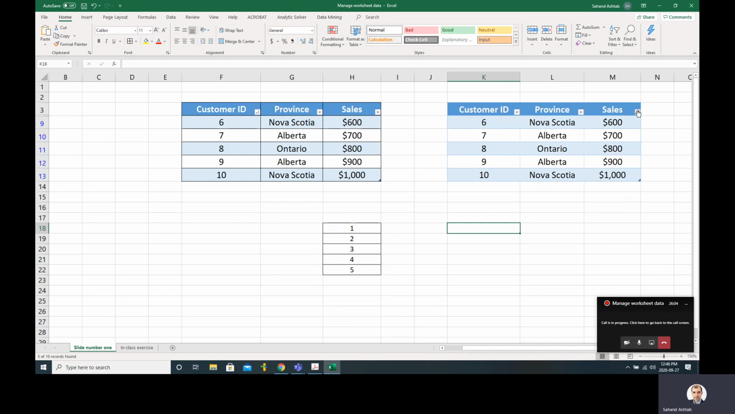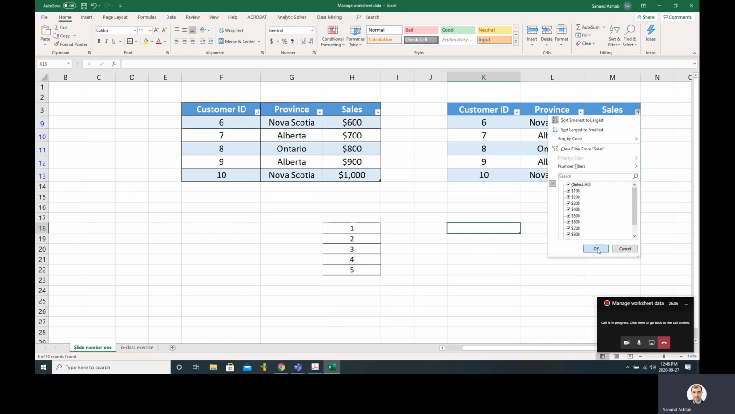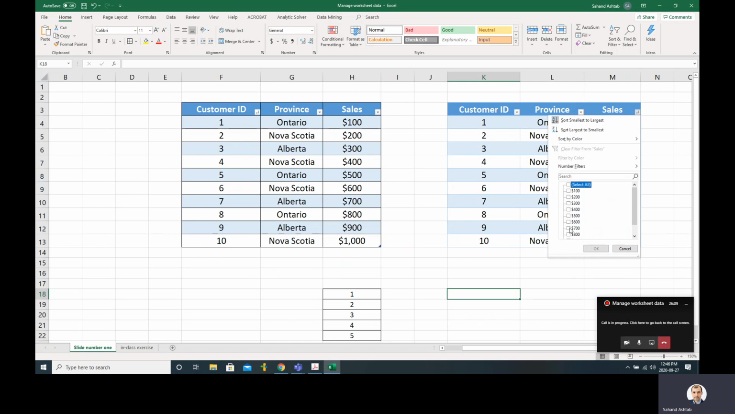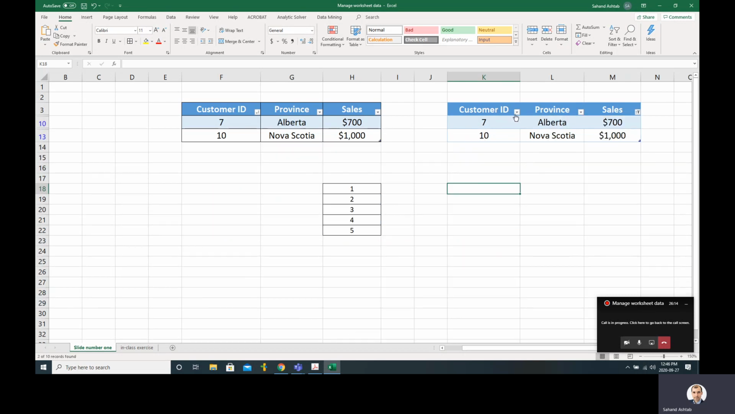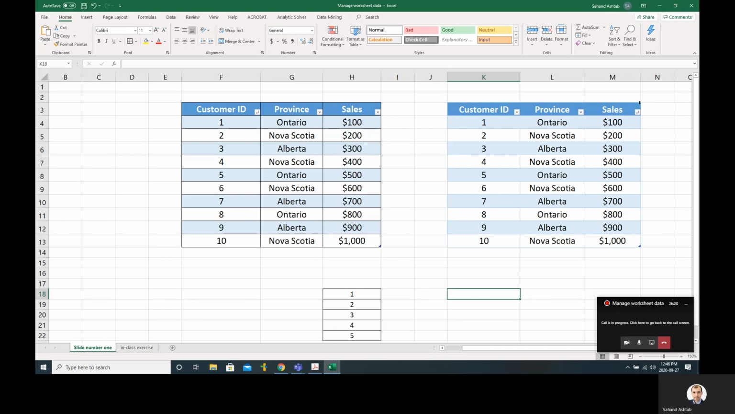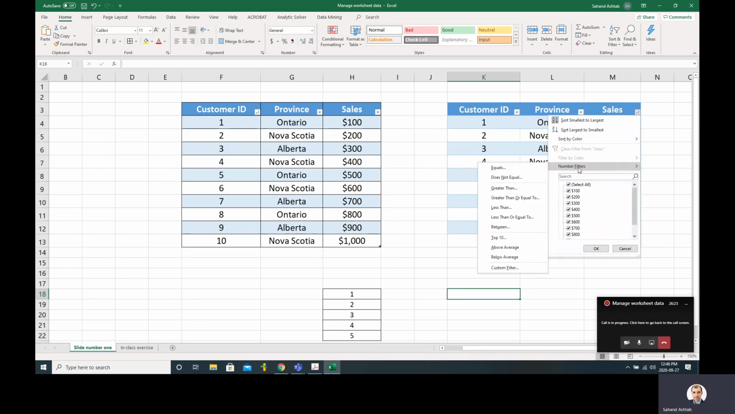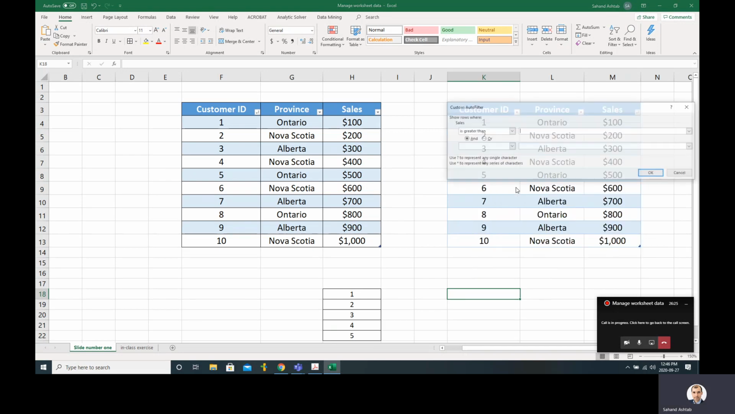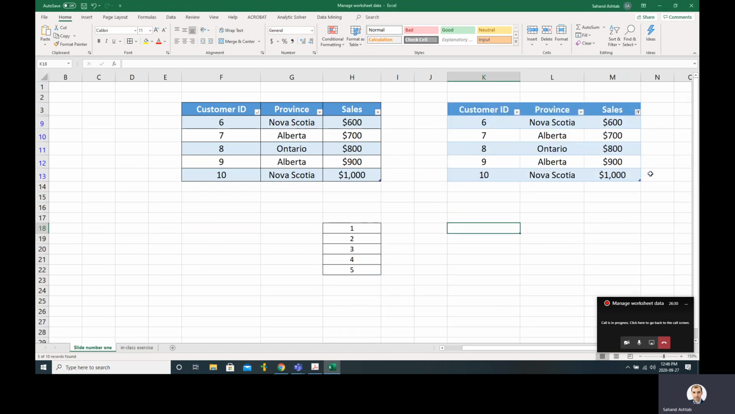If it's a smaller table, maybe you're only interested in 700 and 1000. Then you can just select those two numbers and look to see what's the corresponding information in terms of province and customer ID. Or you can go to the number filter, and you can select, for example, greater than. You can say if it's greater than 550, show me the information. So you will see that this is the information in terms of customer ID and province for the sales that are greater than